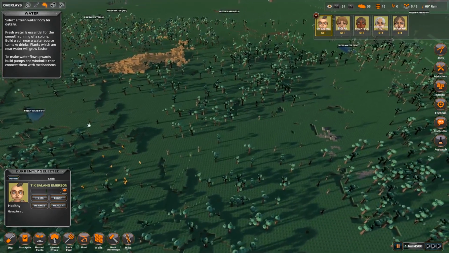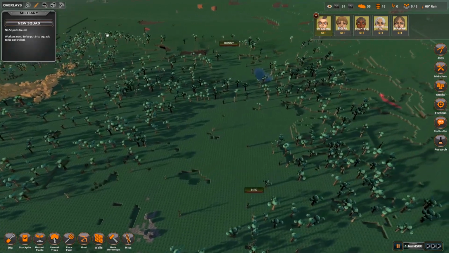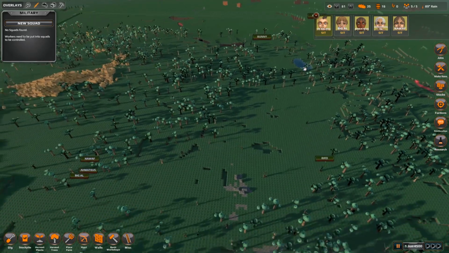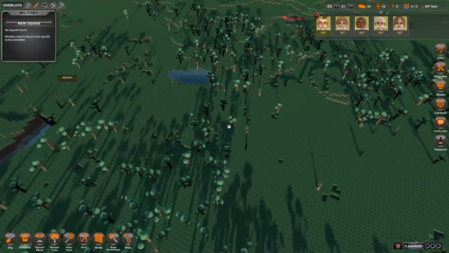Well, you're kind of close, but no, I think we want to move up into this general area. There was nothing up here, correct? Yeah, nothing really up there. So yeah, let's move up here, and I think that's going to be fine. I'm going to go ahead and set up a stockpile